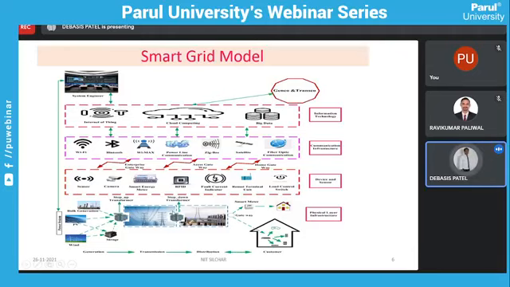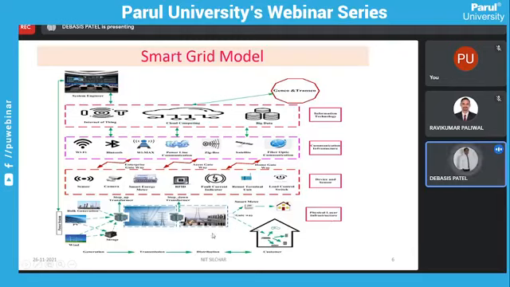Then this one is your transmission part. After going for transmission, our voltage level is higher, so we go for a step up transformer, as you all know, I think, from your power system classes, right? Then this one is your step down transformer. The step down transformer will reduce our voltage level and bring it back to what our home appliances use, in a specified range. The voltage should be in the specified range so that our appliances can be suitably used, right? So this is our physical layer through which our power is transferred. That's why this is called the physical layer infrastructure of our smart grid.